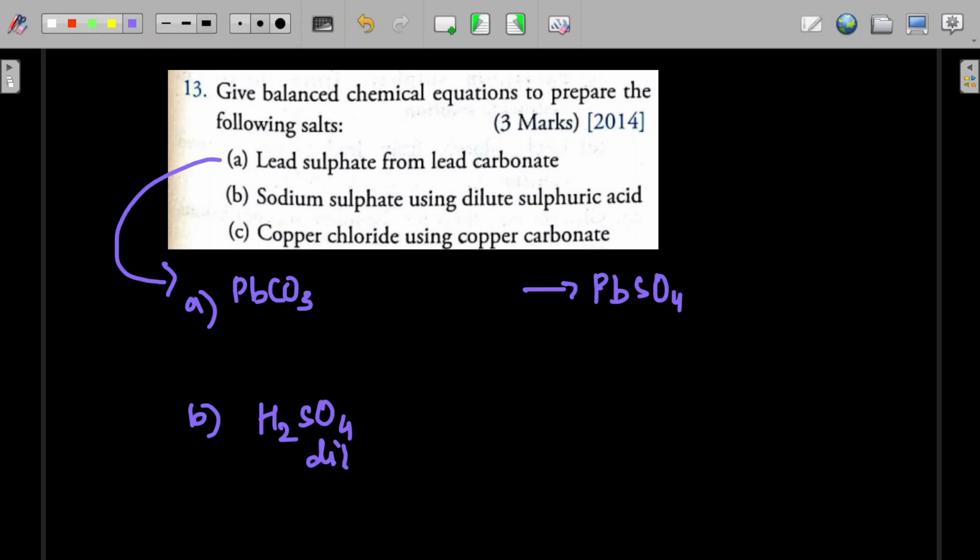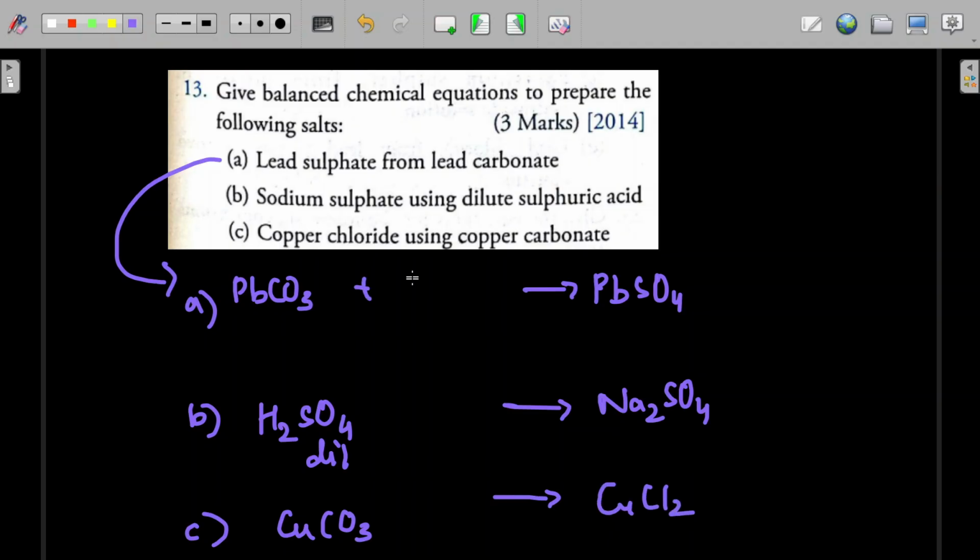So for the first one or second one? First one. Lead sulfate from lead carbonate. H2SO4, dilute. Can we use it? Yeah, that. Okay. What will be the products? PbSO4, water, and CO2. Right. Okay. Balancing, I think you can do. Okay. Second one,